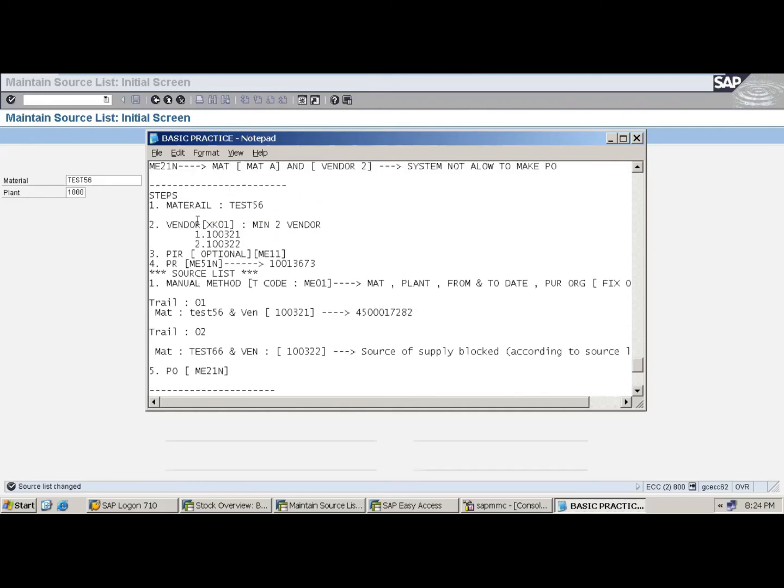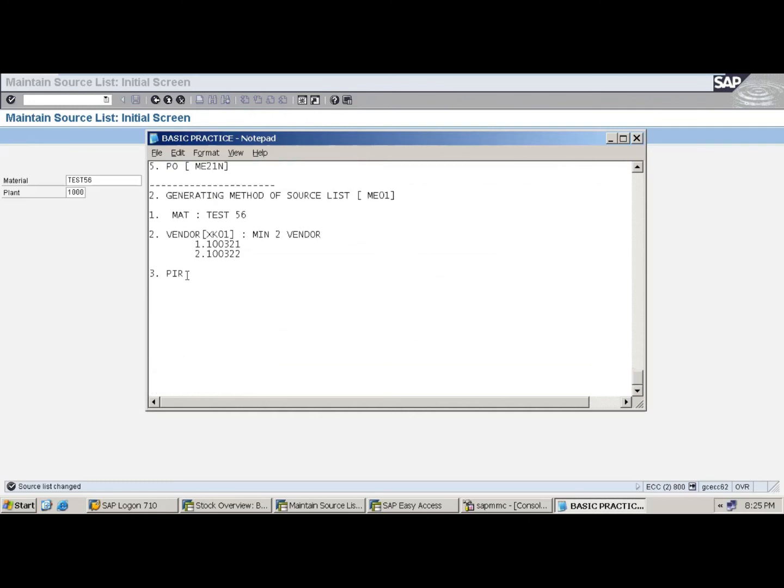In the first method, I just considered PIR as optional, correct? But in the second method, PIR is mandatory. So how to maintain the PIR? This material, this vendor, this material, this vendor.